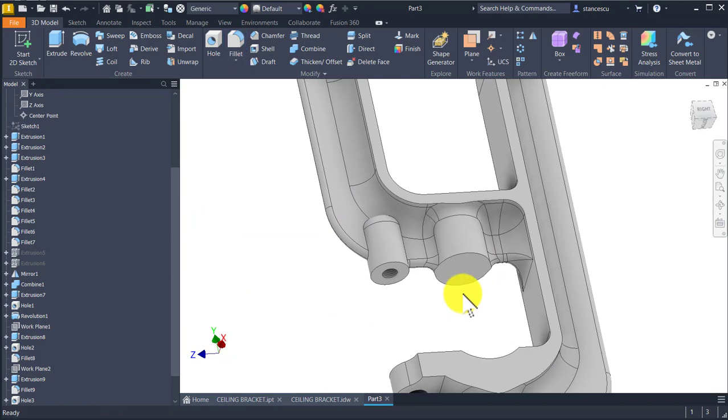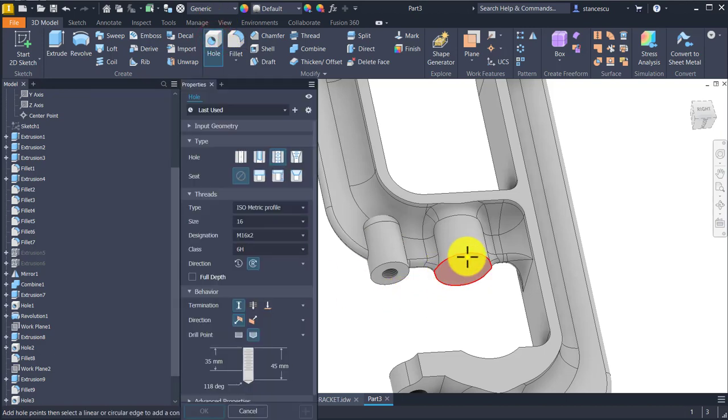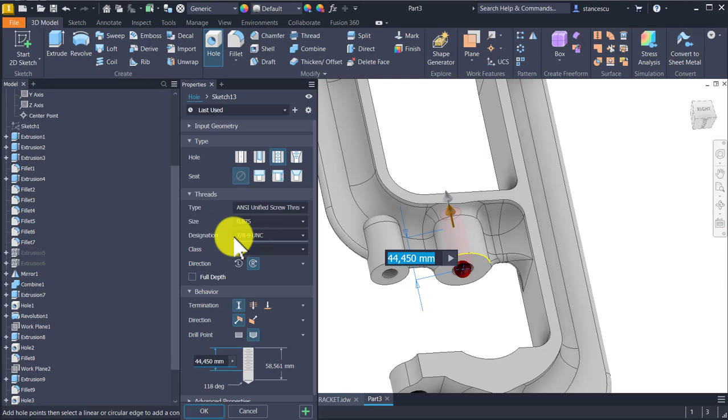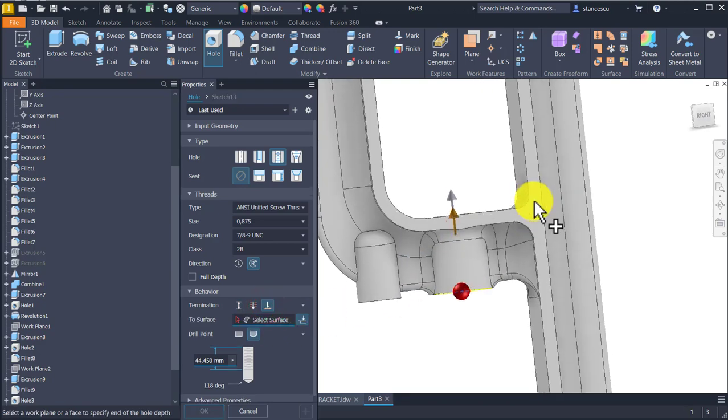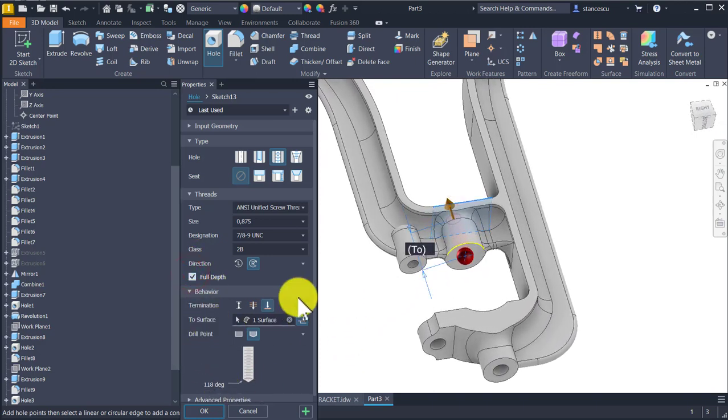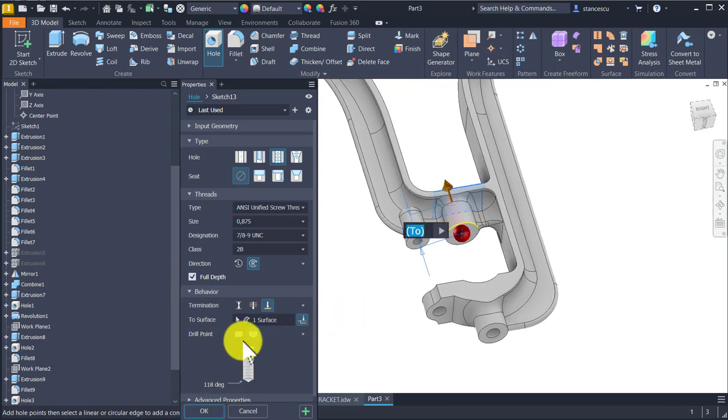And the fillet, so the thread placed on this face, this center, ANSI united screw. I'm sure that this is not 7/8, is this one. Yes, it is 7/8 inches, and the end is on this face. Okay, full depth is the thread. Okay,